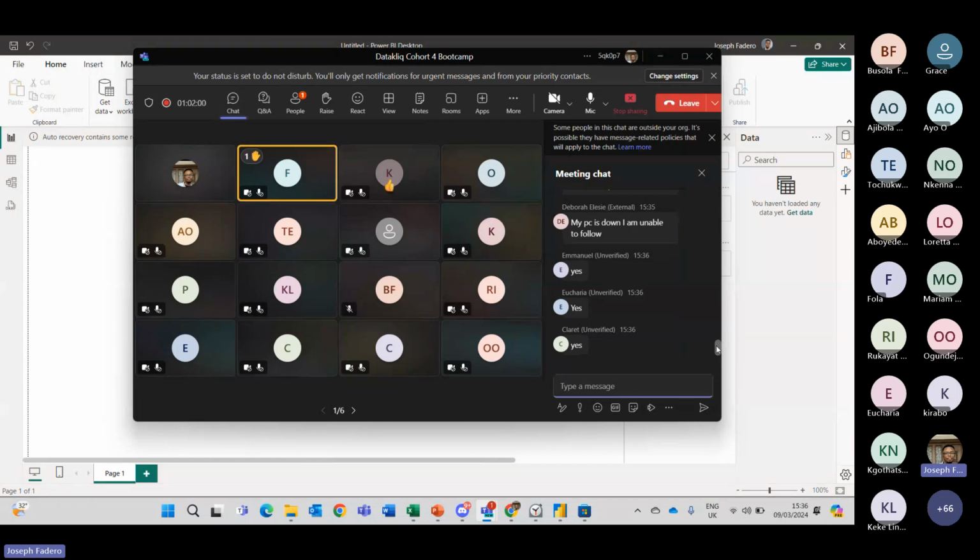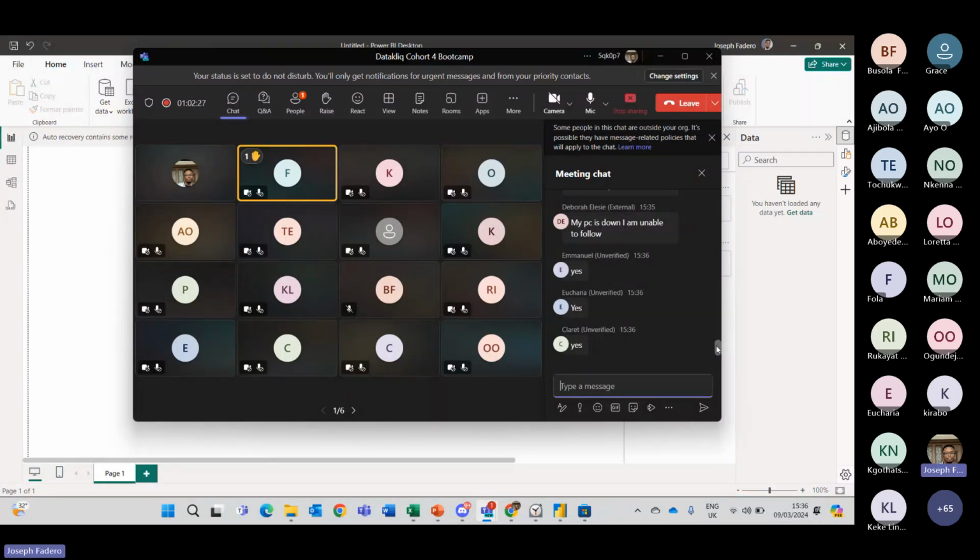Okay, so it's also important to know the recording will be shared. I like people to practice at the session, but the recording will be shared as well, so you can always try out things after the session. But so far we've just been doing an introduction to Power BI, its service and its tools, and what it can do.